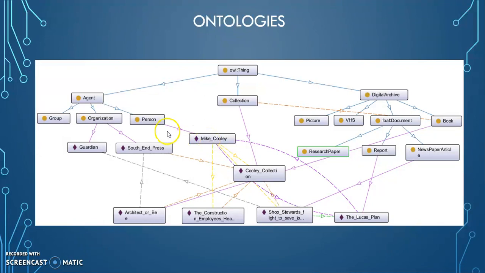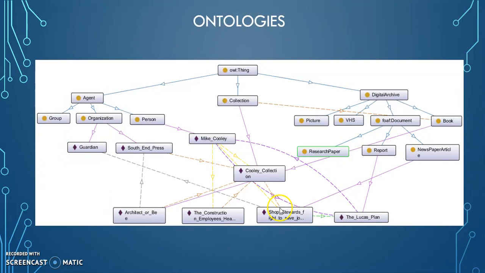Mike Cooley is an instance of person. The Cooley collection is an instance of the collection. The Guardian and South End Press are both instances of an organization. Here we have three objects that were found in the collection: The Architect and the Bee, the construction employees video, and this newspaper article,